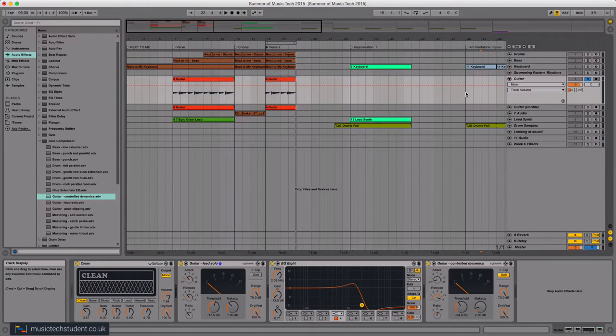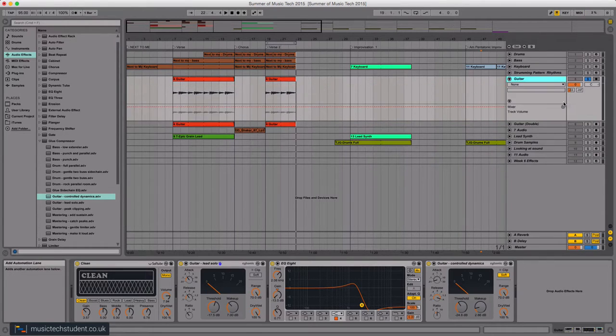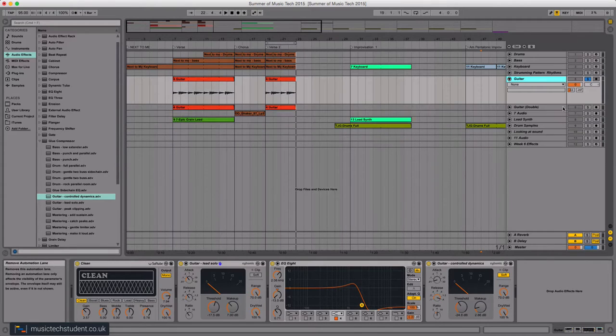It's also possible to have multiple automations. If you press this little plus button, you can actually automate multiple things. Okay, let's just shut that down for a second. Now the one we want next is panning. So let's go back to the mixer and let's this time click on the track panning,